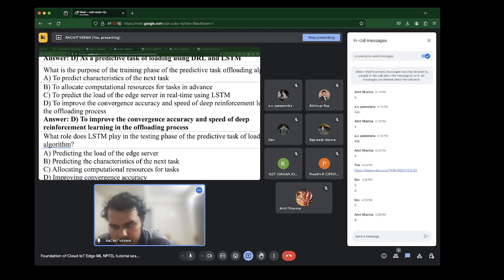So, any responses? What role does the LSTM play in the testing phase of the predictive task offloading algorithm? Predicting the B. Okay.